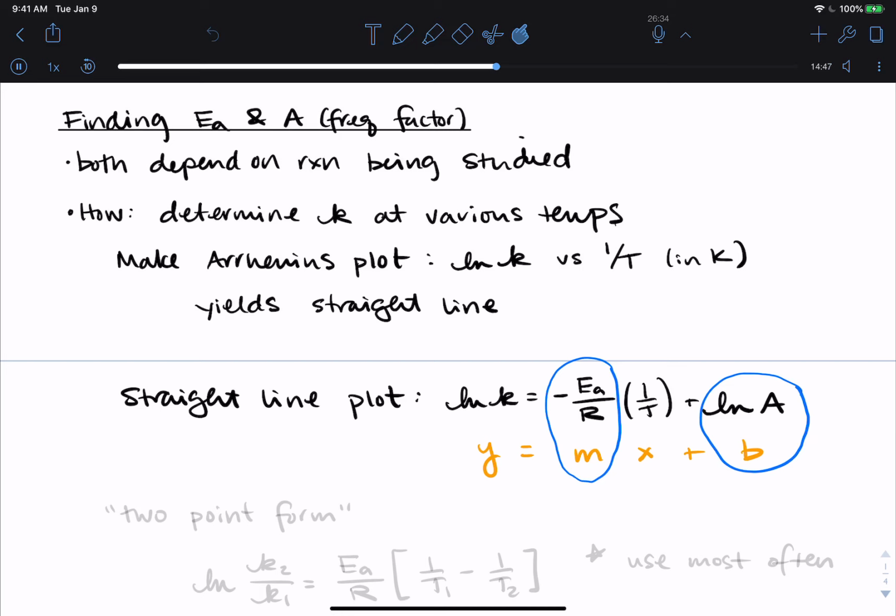This is really useful if you have a lot of data. That won't always be the case, and I'm not going to necessarily ask you to deal with plotted data during something like an exam. But if you do this sort of two-point form,